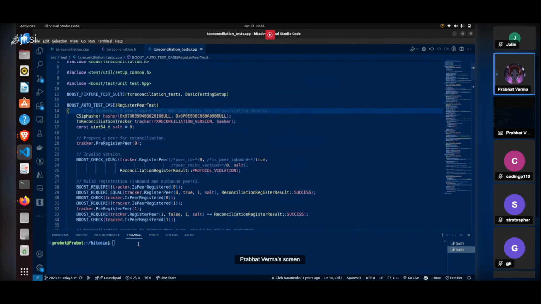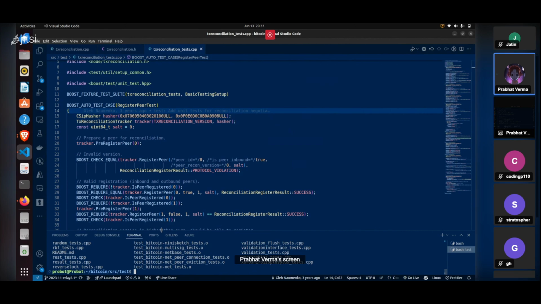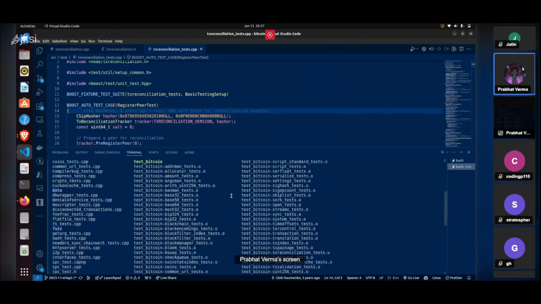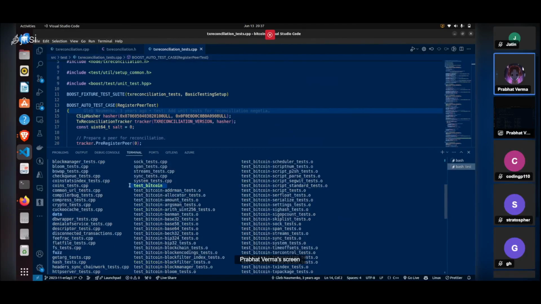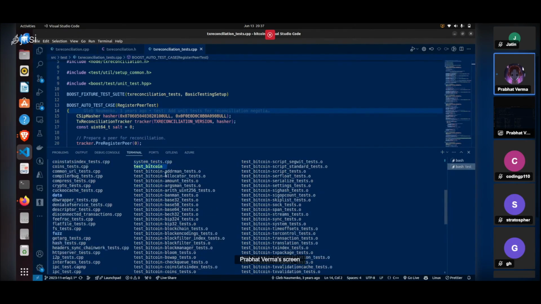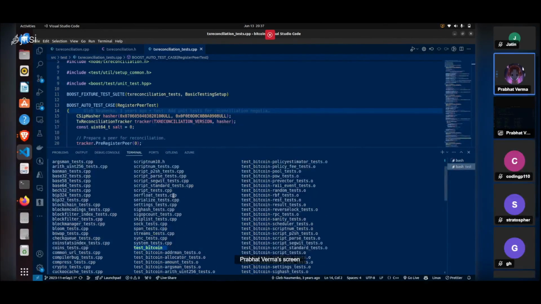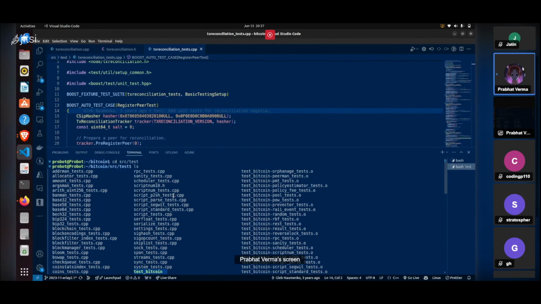If we look into this source code of Bitcoin in the test folder, we would see that there is a test_bitcoin executable file in here. This file is compiled when we are compiling the Bitcoin Core repository, and this file has all the object files for all the tests that we are going to run in these unit test cases,